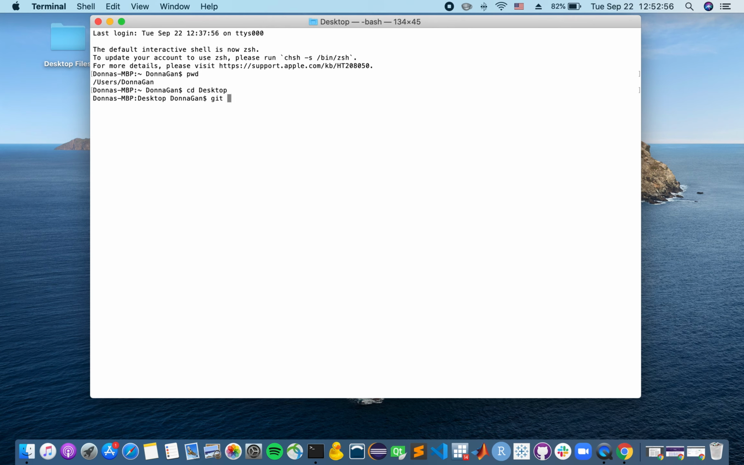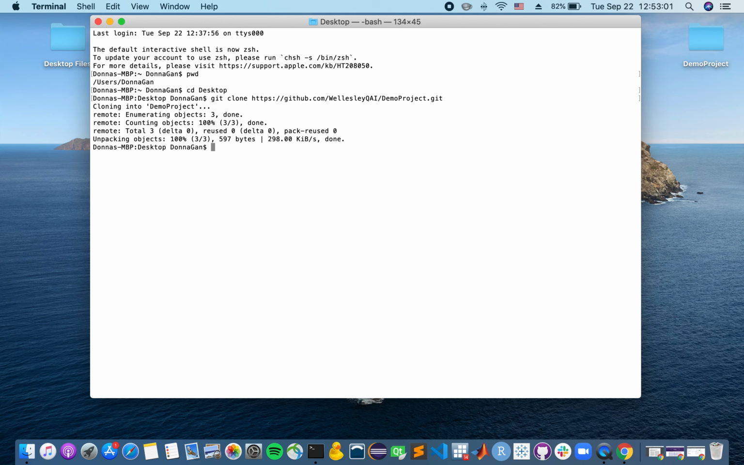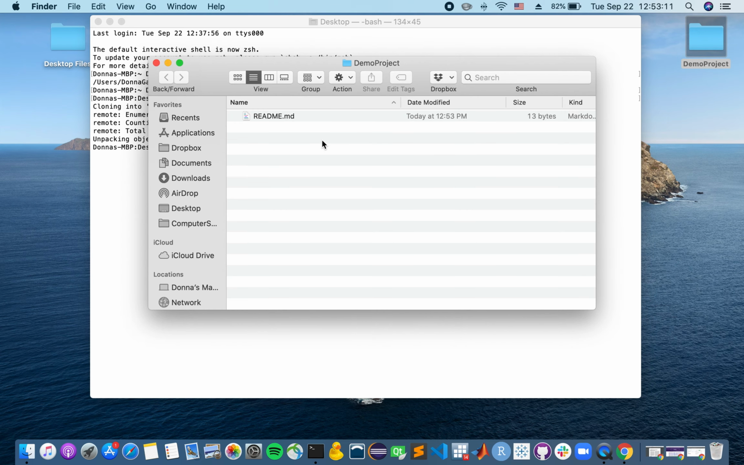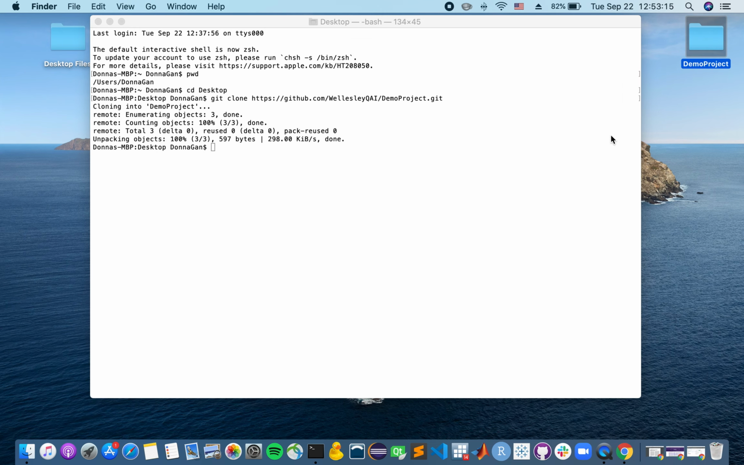And here I could use the git clone command followed by this URL that I just copied to clone this remote repository onto desktop. So here indeed I could see the demo project repository here, and if I open it up, I could also see this README file in this folder. So if we navigate into this repository,